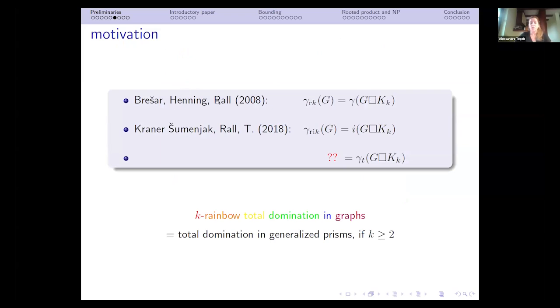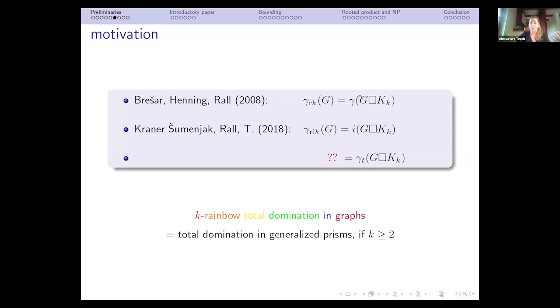One of the authors was Doug Rall, who in 2018 came up with the idea: why not introduce independent k-rainbow domination in graphs in such a way that it would be easier to explore independent domination in generalized prisms. And then I thought, why not introduce some new domination invariant such that it would help us to explore total domination of these generalized prisms, because these two concepts turned out to be useful, because instead of